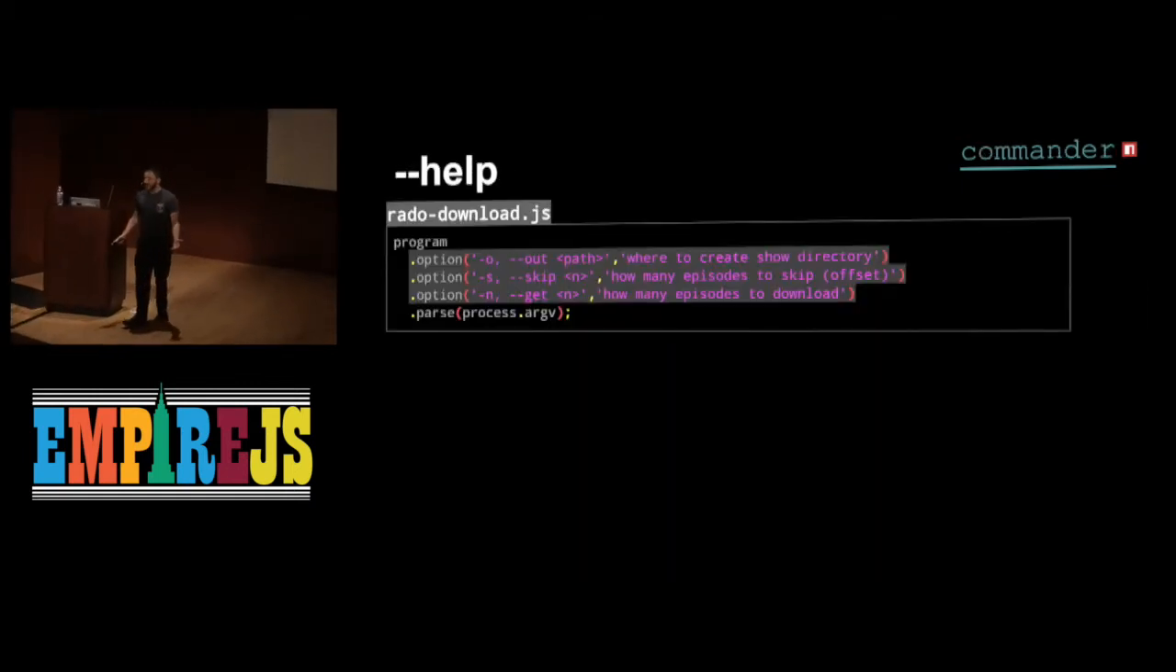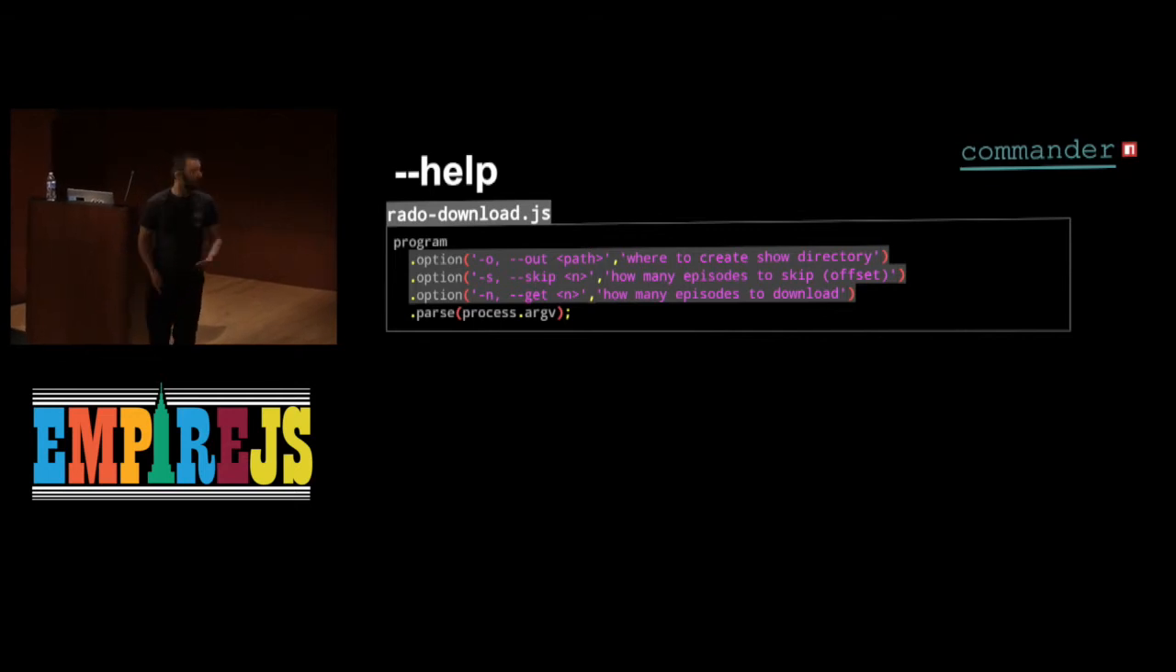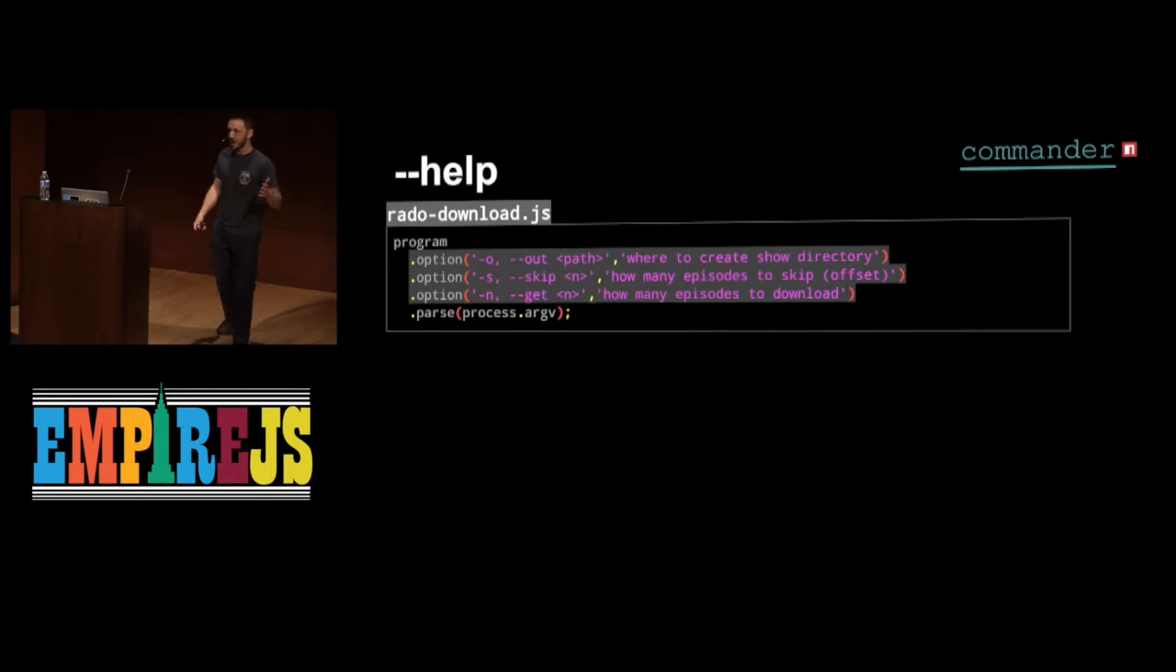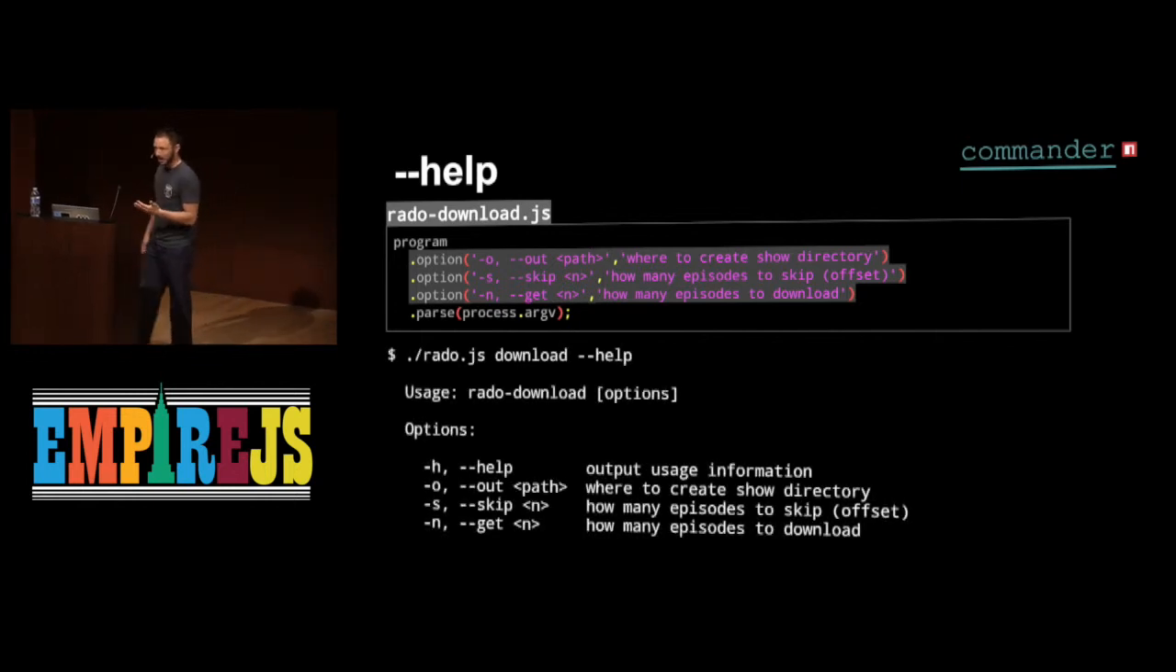So Commander gives us some stuff out of the box, which is really nice. So these options, when we wrote this code, we were also kind of writing the documentation. Because when you run Rado.js download help, it outputs all the options and the descriptions that you gave them. So this is pretty great. So it's looking very good just from us not even doing anything, except there are a few problems